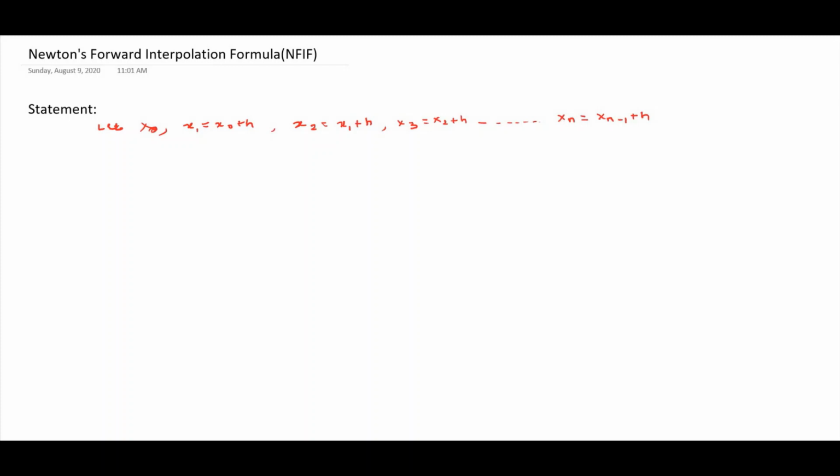Be a set of equidistant values of x with the corresponding values